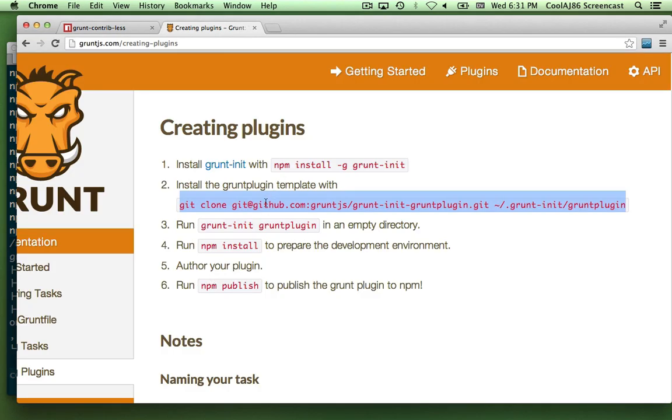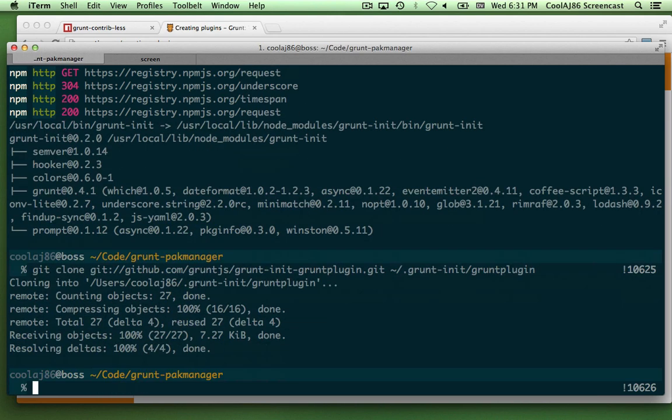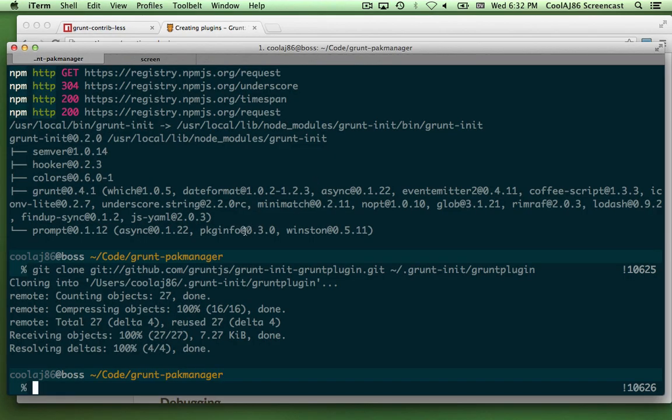Okay, so I did that correctly, but here that colon should be a slash and that git@ should be a git://. Okay, good. And that is going into my home.grunt-init/grunt-plugin. Great. Now the next step is to run grunt-init grunt-plugin, and it's important to note here